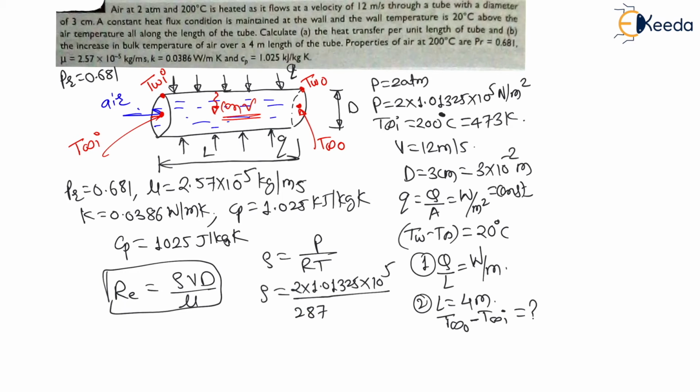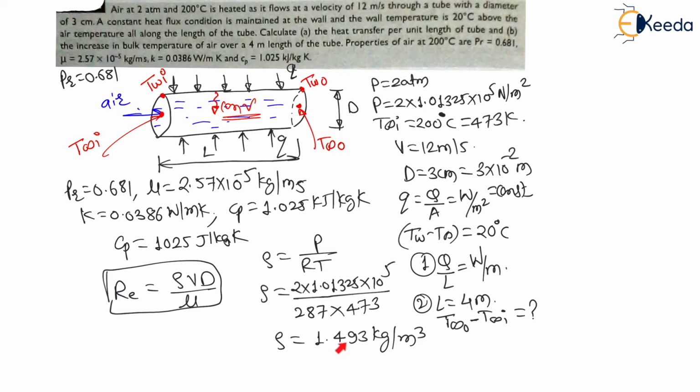These values you must remember for the air. Into temperature is given. Temperature here we have to keep in Kelvin. Right? Therefore, at inlet the temperature is 473 Kelvin. Therefore, if I calculate this density, let us find density of this air, then I will get density is equal to 1.493 kg per meter cube.